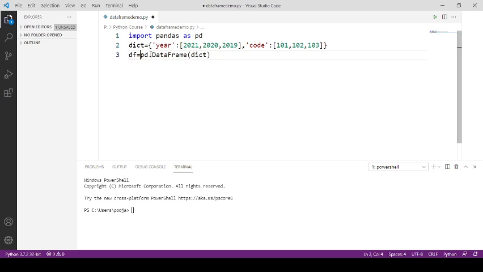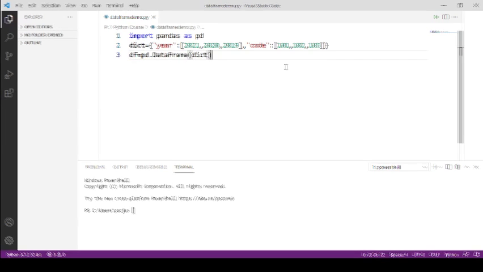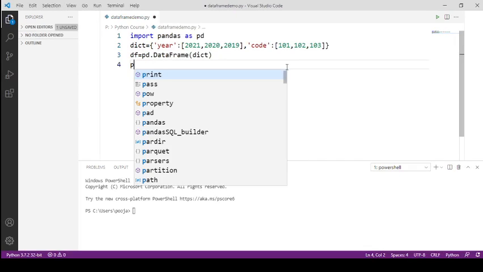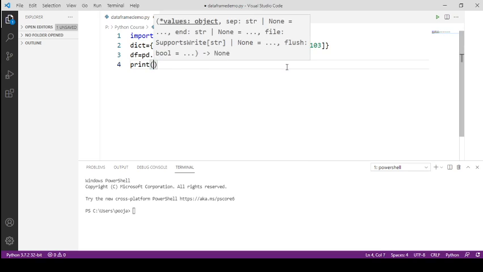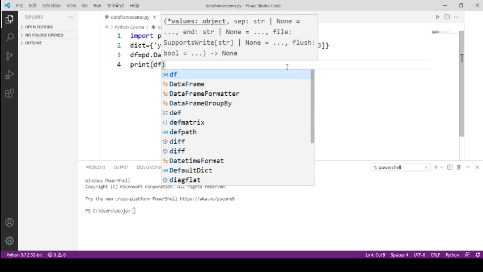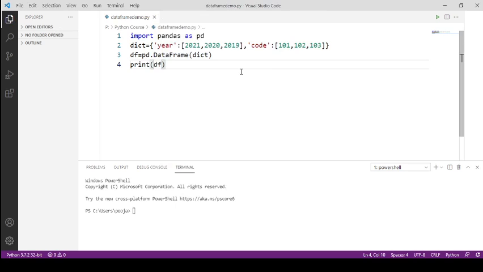My variable name is df, and then just print the value of this df to see the content of your data frame. Now press Ctrl S, and here you can see this green button. Click here and your Python file will be run and it will give the output.